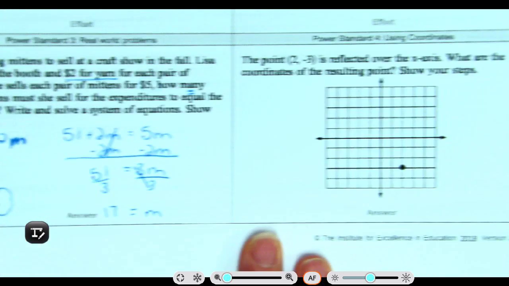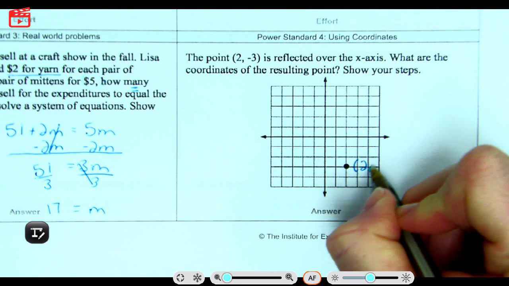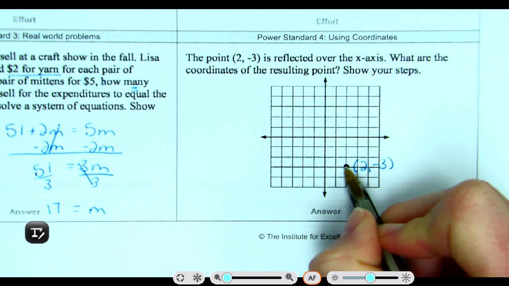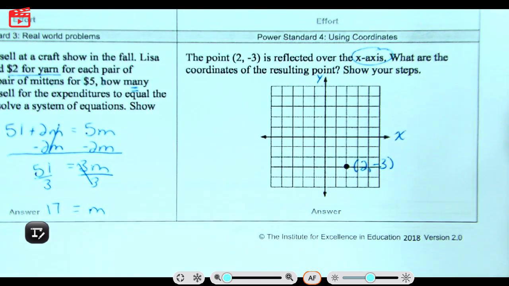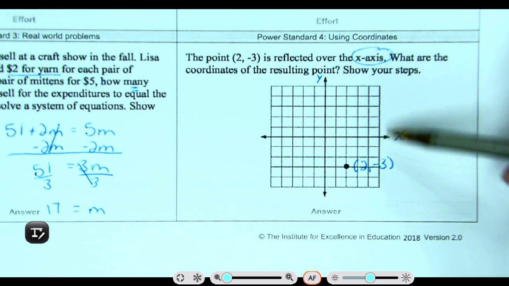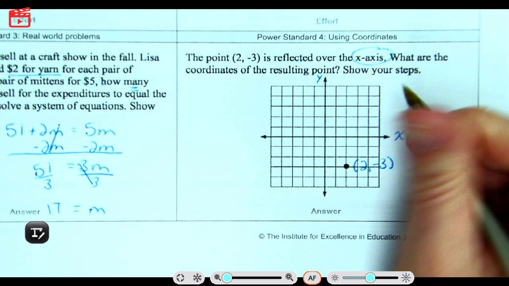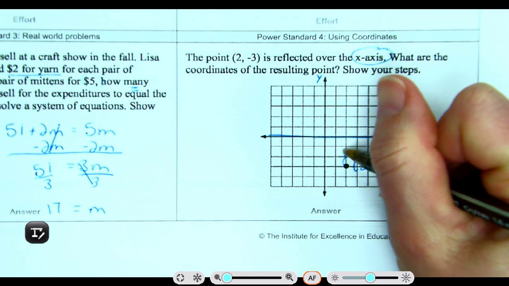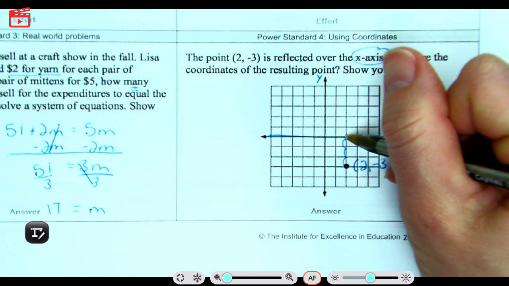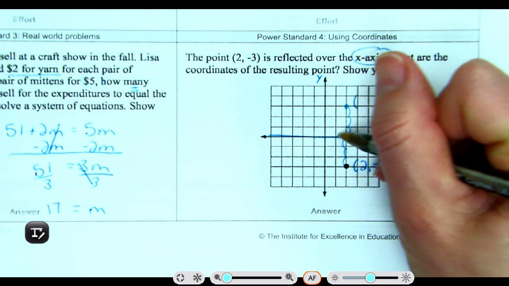Power standard 4, using coordinates. The point 2, -3 is reflected over the x-axis. This is the y-axis. This is the x-axis, so we have to make sure we're doing the correct one. And when we're reflecting, we're creating a mirror image. So if I wanted to create a mirror image over this line, it's going to be the same distance away. So if I'm 3 units below, I need to be 3 units above. And that would be at the point 2,